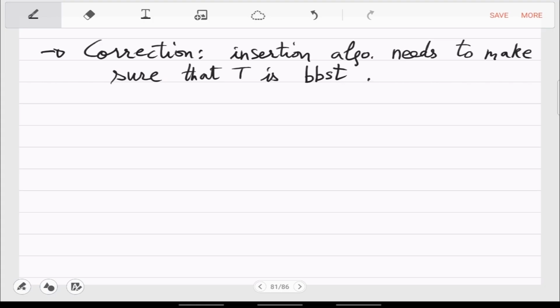It should have all the properties: binary tree, balanced, and search. Which would mean that the height will be log n. The height of the tree will be logarithmically related to the size of the tree.